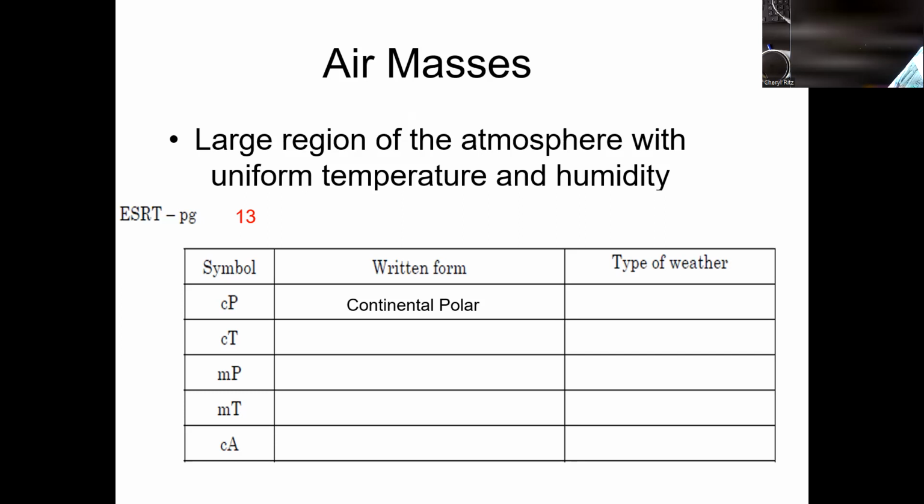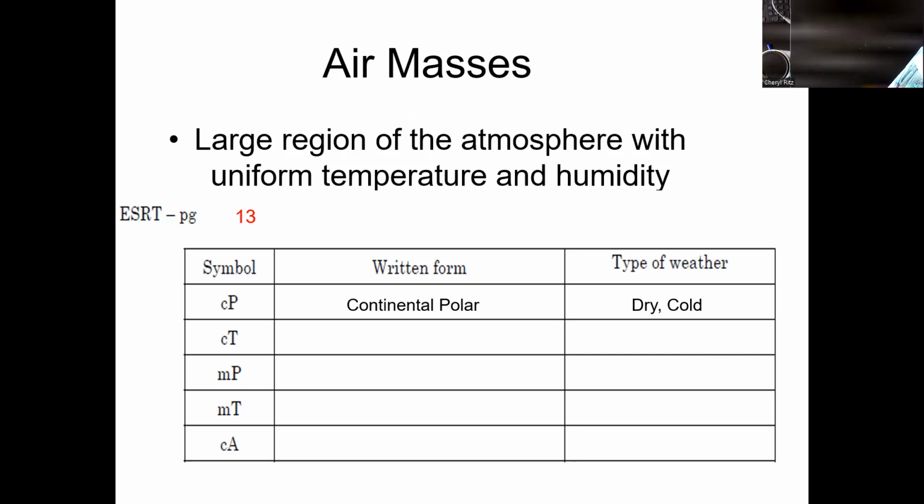What do you think the weather that's going to come from those means? We have continental polar. Which part of that are you confident you know? Polar, what do you think that means? Cold. Let's talk about what continental means. Remember, they're named for their temperature, and in our case, we already know the cold. The other part is the humidity. If air is coming from over the continent, what's its humidity going to be, you think? Dry or wet? Dry. The continents, for the most part, are dry. So the type of weather you can expect with the continental polar will be dry. The dry goes with the continental. The cold goes with the polar.